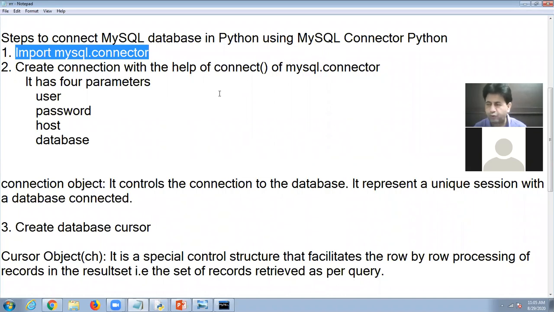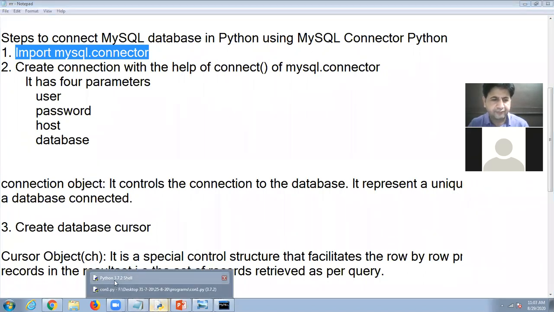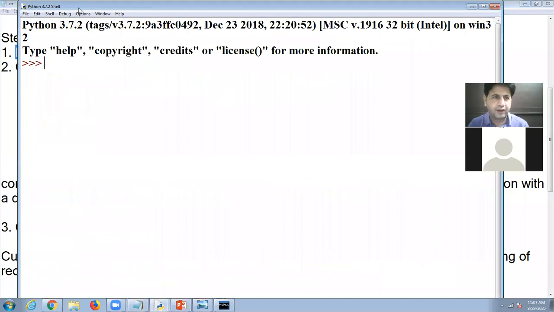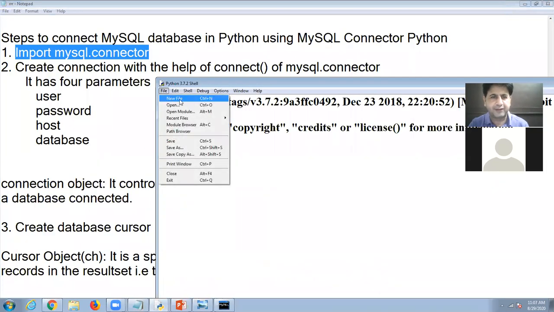For example, when we import the math module, we can use the power function, the sqrt function, trigonometry functions. So many functions we can use with the help of the math module. In the same way, in MySQL connector, there are so many functions which we will use in a script, in a Python program. Look at here. I am going to create one program, step by step.